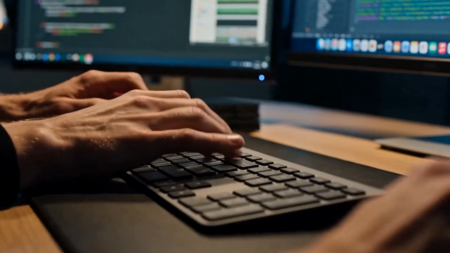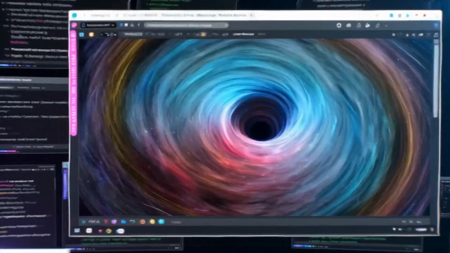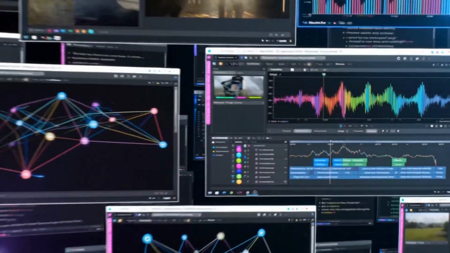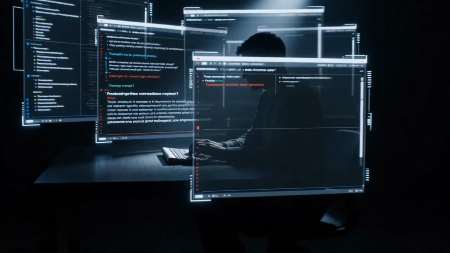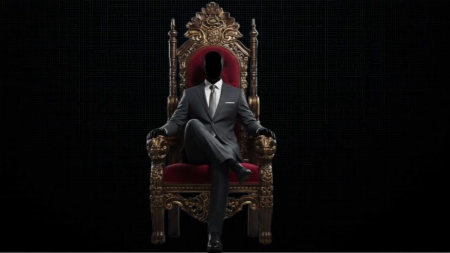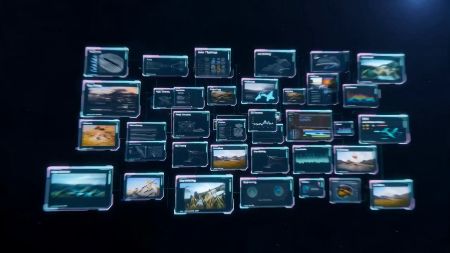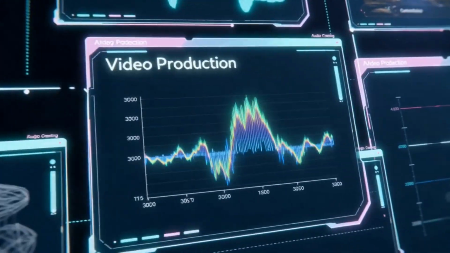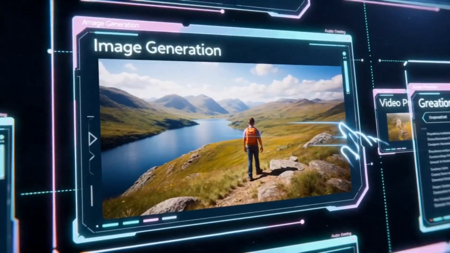Most creators are running 5 different AI tools at the same time just to produce one single video. One platform for images, another for video, another for audio, another for storyboarding, and yet another for editing and timeline assembly. You are paying for all of them separately every single month, switching between all of them constantly throughout your workflow and losing hours every single week just to the setup and coordination alone.